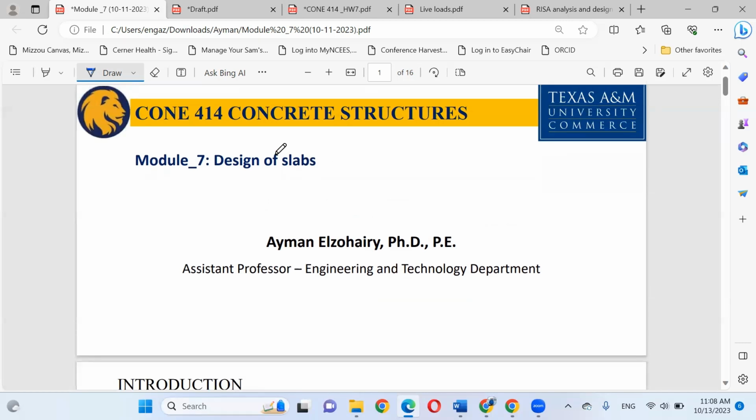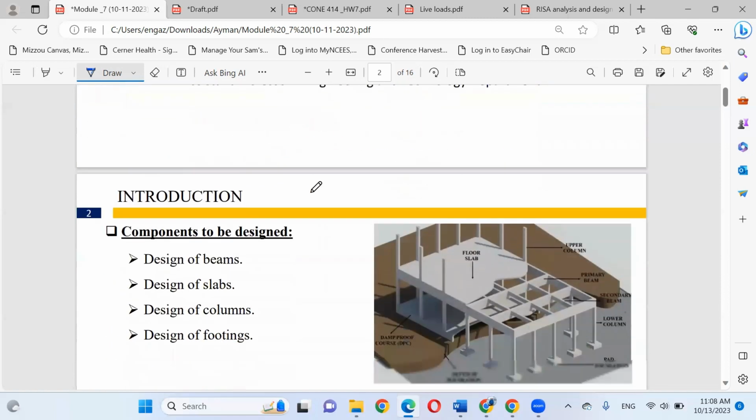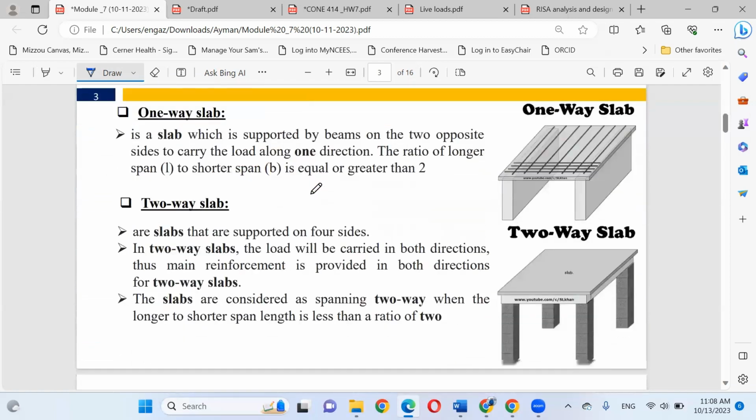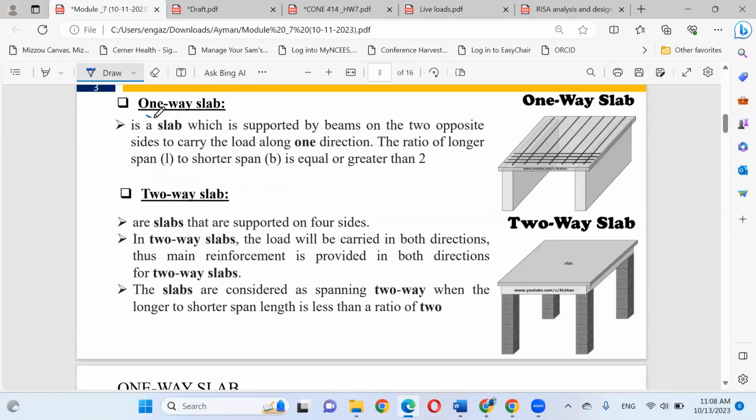So what we covered last meeting, I started the design of slabs. And I mentioned that your slab can be a one-way slab or a two-way slab.